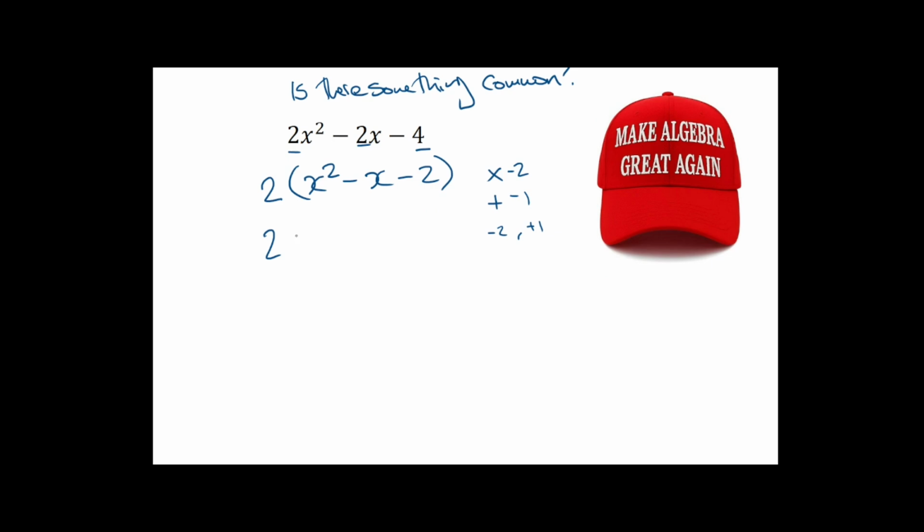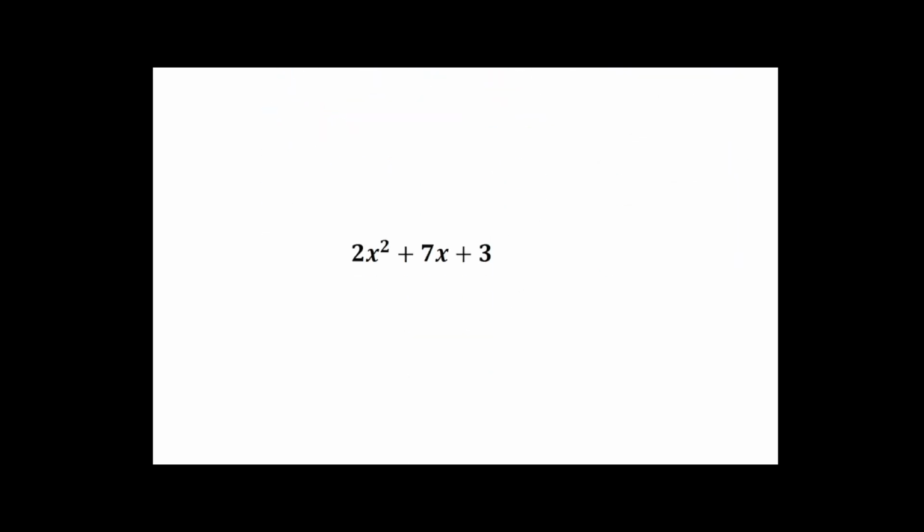So this is going to be 2 times x minus 2, x plus 1. This 2 just stays out there. We've sort of done more than we needed to do. Okay though,